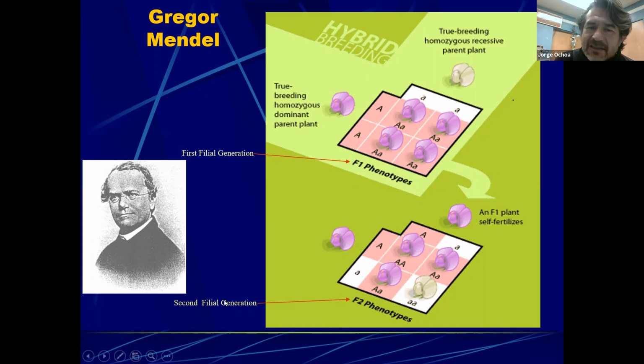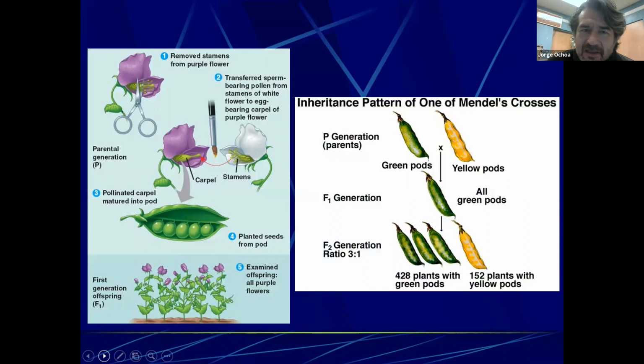And so that was the beginning of the genetic work that eventually has led to all the genomes that we have now, and eventually has led to the genetic engineering and all of that. So it had to start somewhere, and that was with some of the early work by Gregor Mendel here. He not only crossed peas and studied the color, but also the shape and the color of the fruit, because all of those are determined by the genetics. And so in most cases, there is going to be a trait that is going to be dominant, and that's going to be expressed by all the individuals in the first generation.